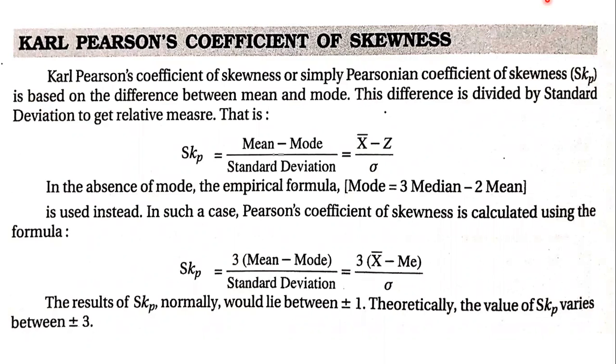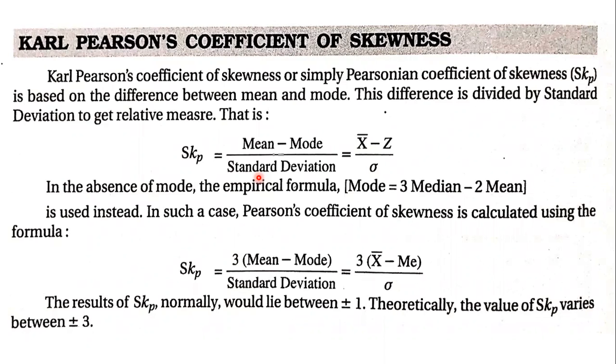So in Karl Pearson's method, we calculate the difference between mean and mode. So x bar minus z is calculated, and then it is divided by standard deviation. First we calculate the mean, then the mode, then the standard deviation. After calculating all three, we apply the skewness formula and find the answer. You can expect Karl Pearson's coefficient of skewness for 14 marks. It is a compulsory question. Every question paper has this 14 marks question. It is easy to solve.